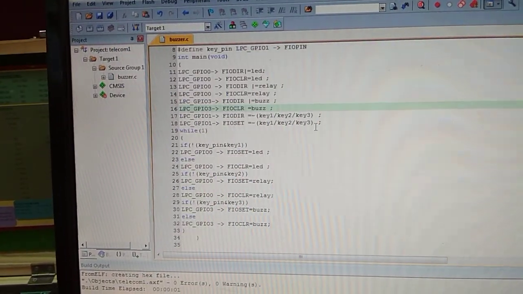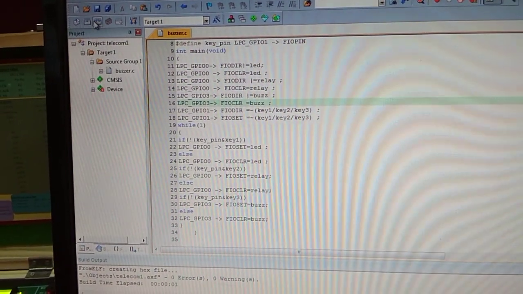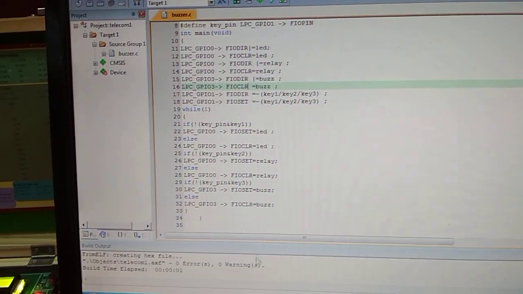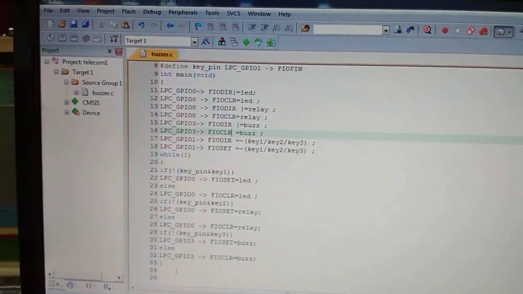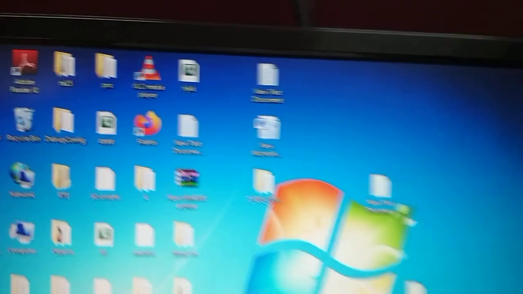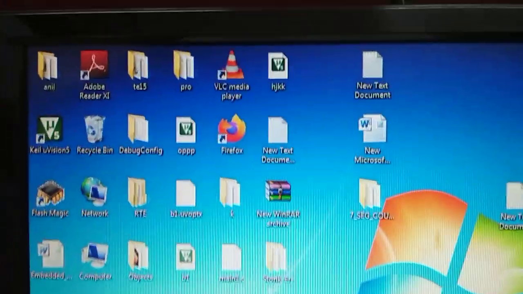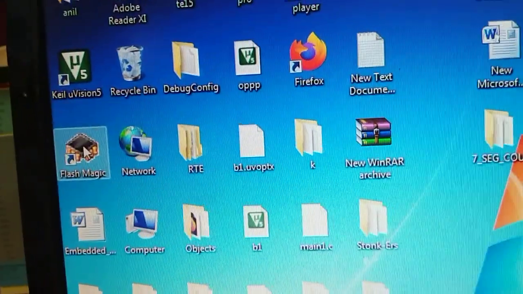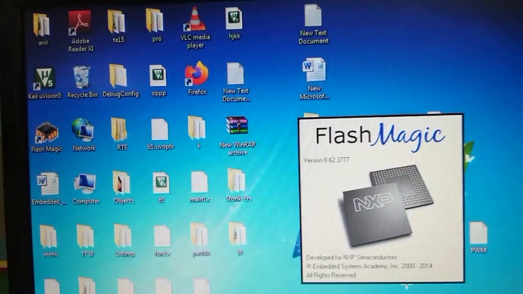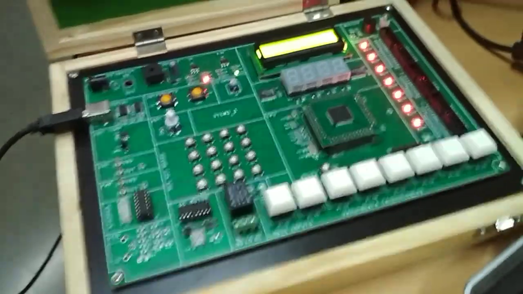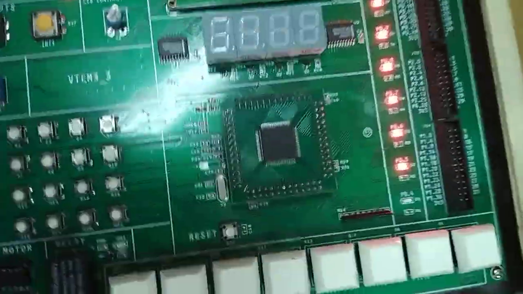After this, you know the procedure. You have to save, build the target, and then it will create a hex file giving 0 errors and 0 warnings, and then you will go to FlashMagic. That whole procedure you'll be knowing. In FlashMagic you select everything, and here we have completed the part. Now to see the output.